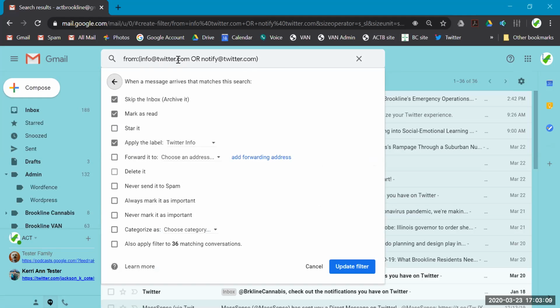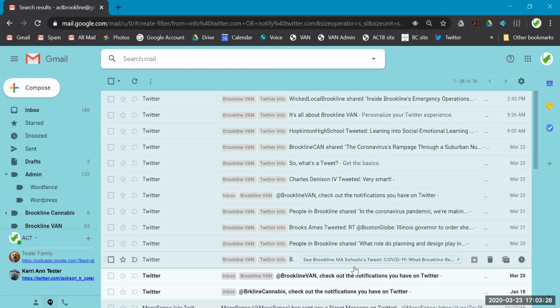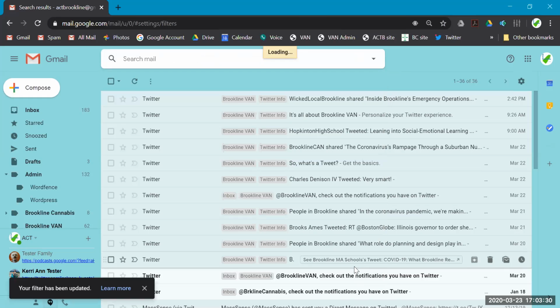Not only will it find emails with "info," it'll also find emails with "notify." Skip the inbox, mark it as read, apply the label, and now it's found 36 conversations that meet one of these two criteria. And see, I used "or," so it will do that. So now I'm going to say update filter, and now it should take those other however many emails out